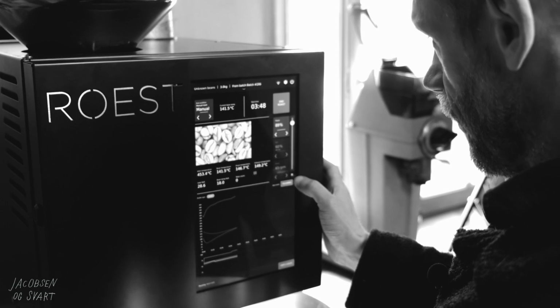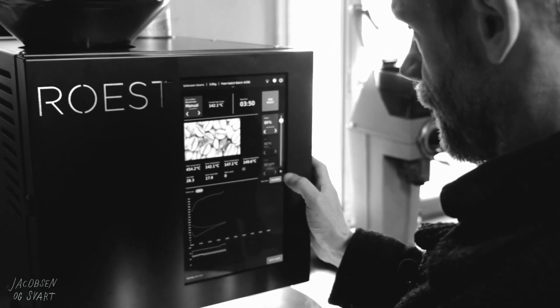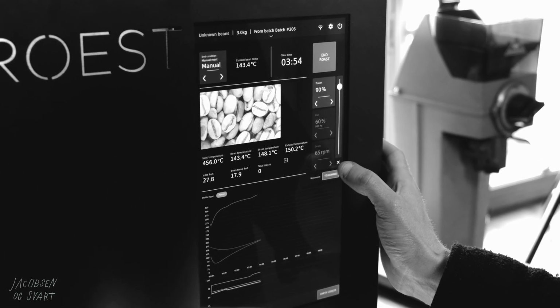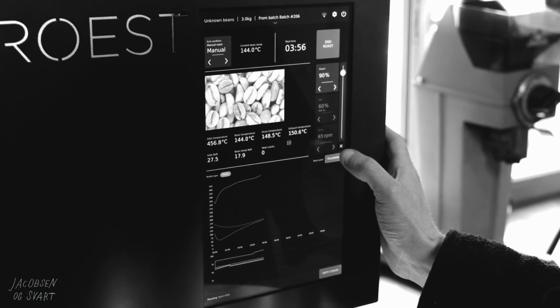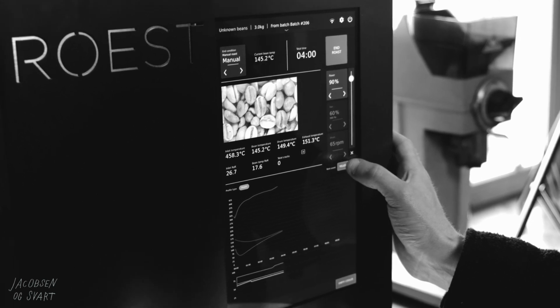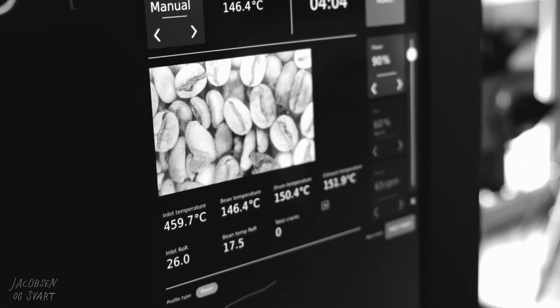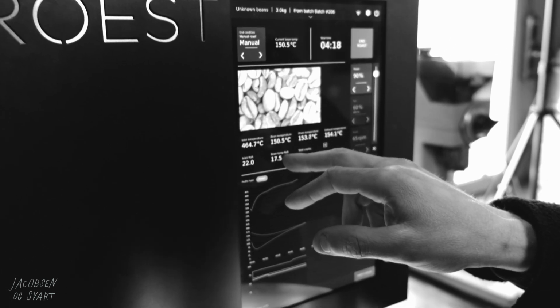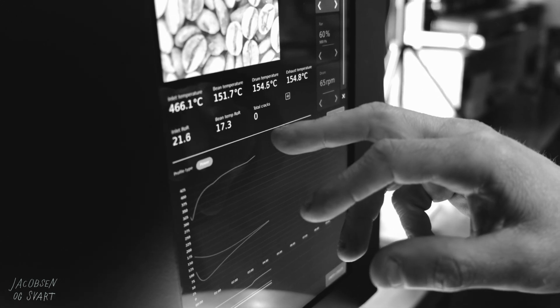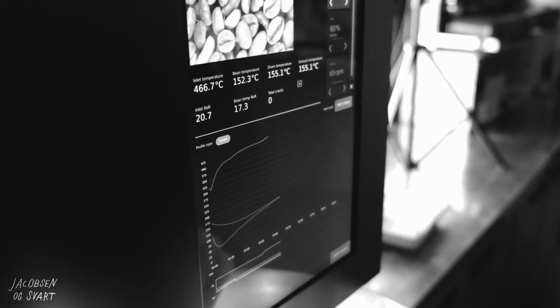And right now we're turning into this yellowing phase. And what we'll do then is, this is a natural coffee, so there's a bit more uncertainty around where it happens, but we'll say it happens now. And here I can monitor how much rate of rise there is in the bean temperature per minute, for instance,